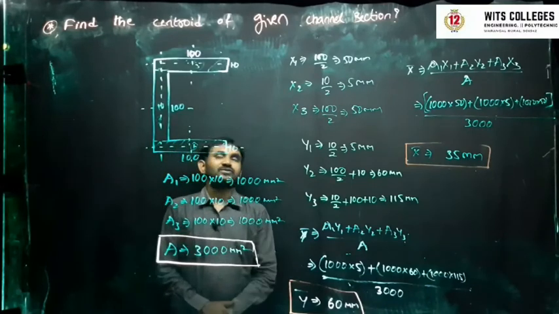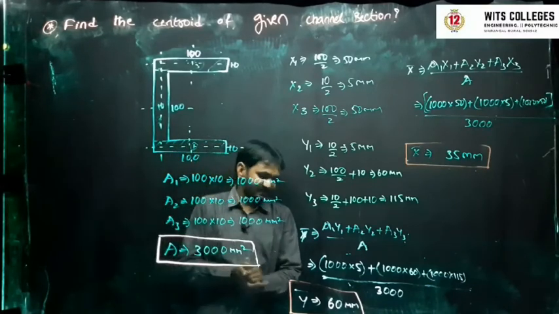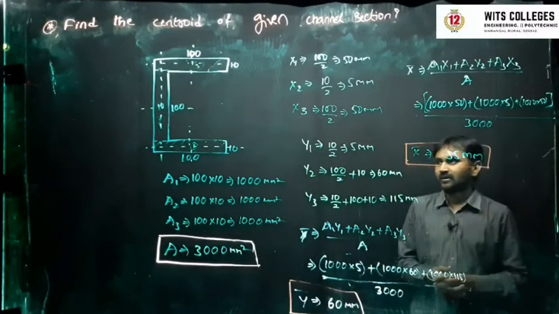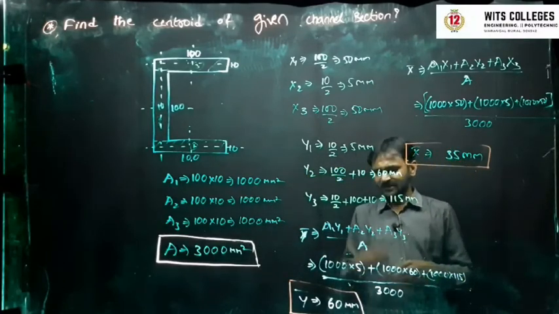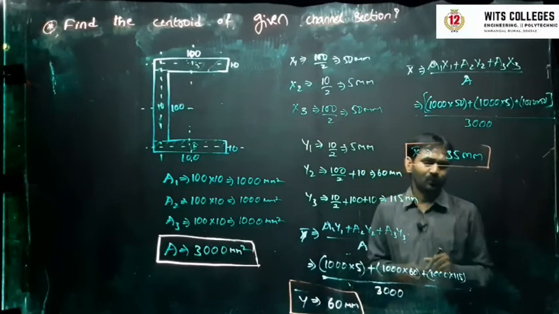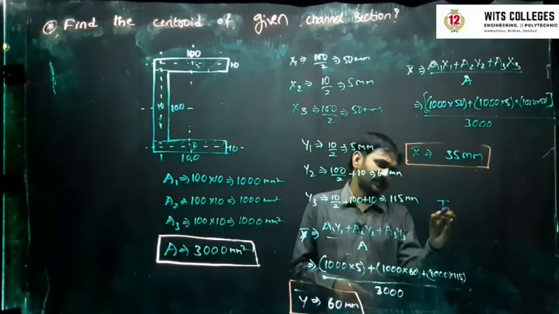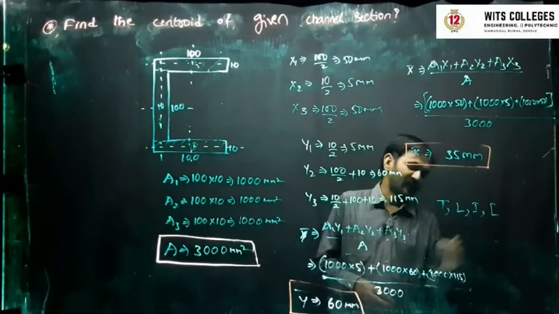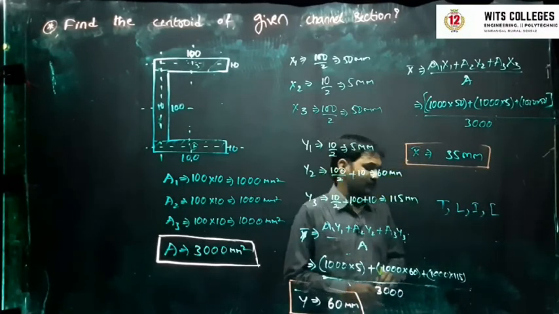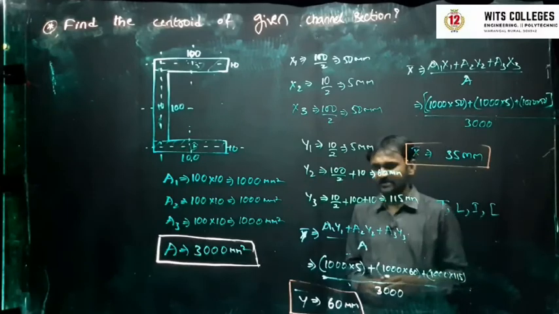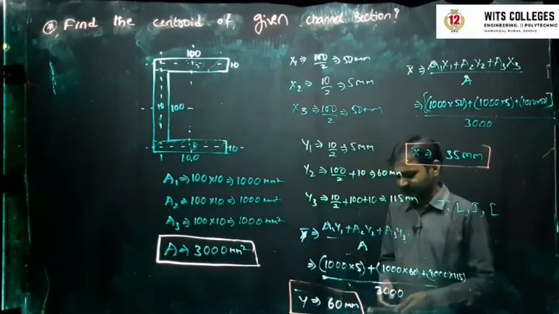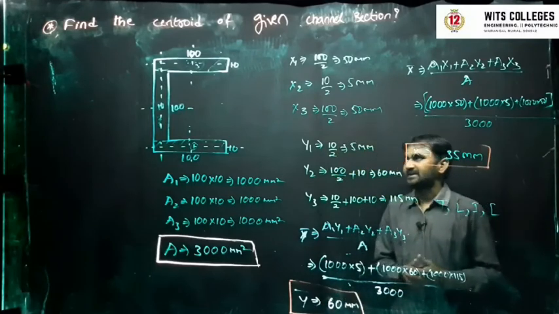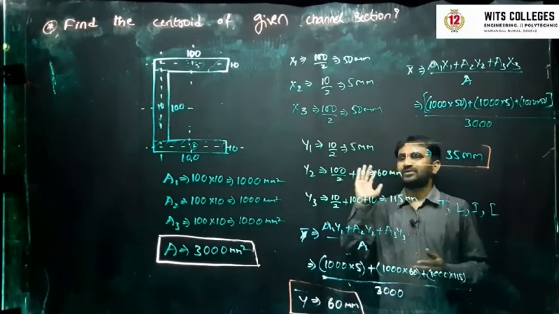So like this you have to calculate x bars as well as y bars. It is a channel section, right? And we have seen all the sections. I have explained you T section, L section, I section and the channel section, and you will be having one more section, we'll call it as Z section. Z section also we will try to solve. How to draw, how to solve I'll tell you in the next class. So this is for the channel section.